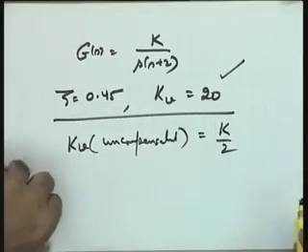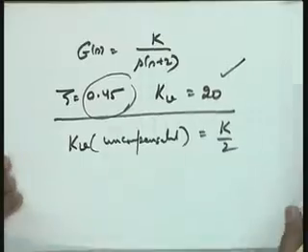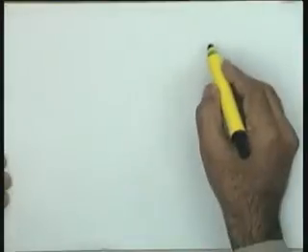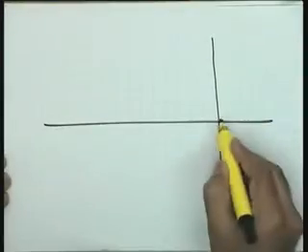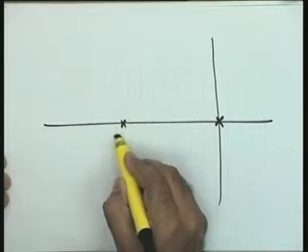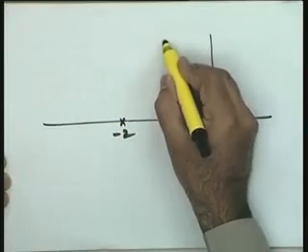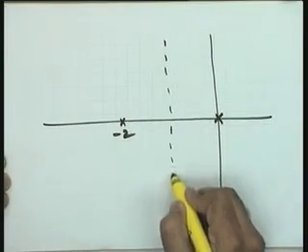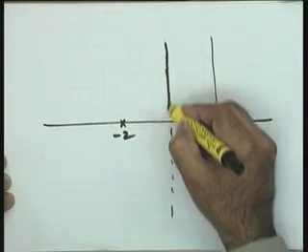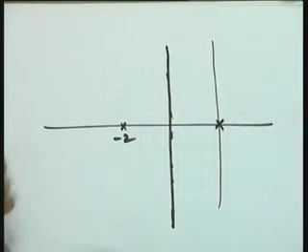Now let us see, keep this in mind. I want K so that this performance requirement is satisfied. I go for the root locus of the uncompensated system. A pole here, breakaway. In this case, a particular example has been selected so that the root locus plot is easy to make.